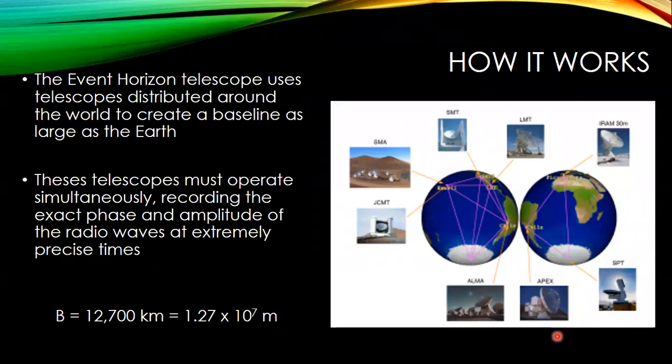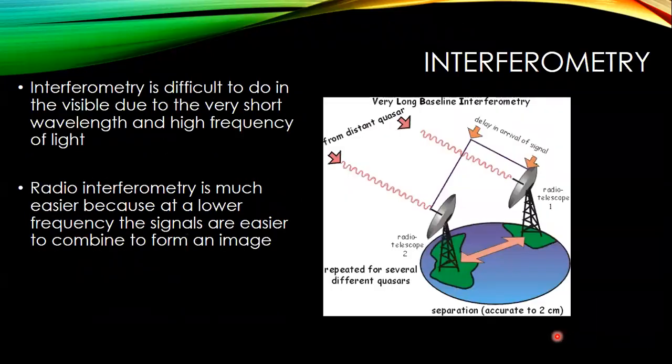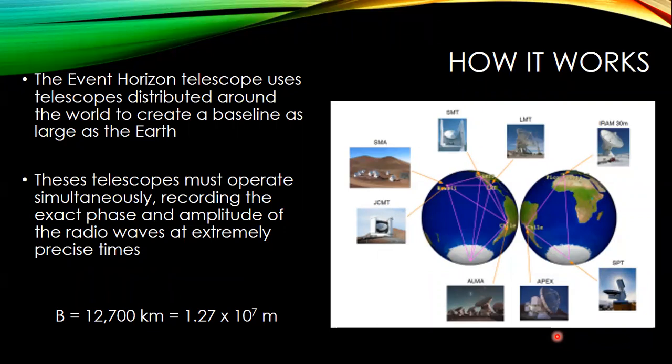This was one of the greatest feats of interferometry, in my opinion, that was ever performed. What they did is they used telescopes throughout the world to create one big interferometer. Now, once again, the problem is, the whole idea of an interferometer is you need to have the phase information from the wavefront at each location in real time. You can combine them together to produce, well, kind of produce an image,